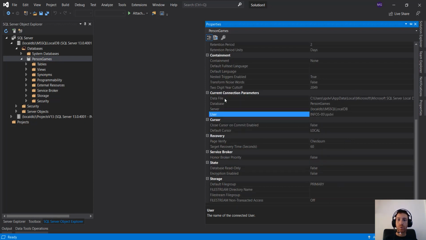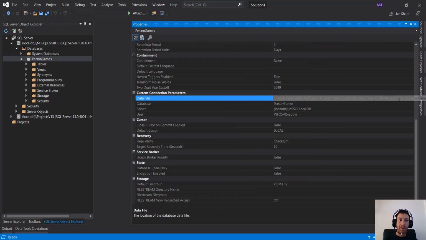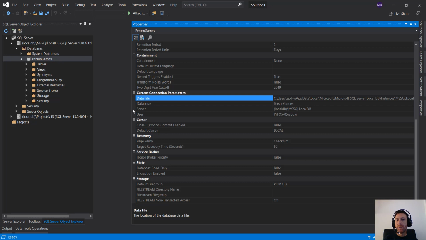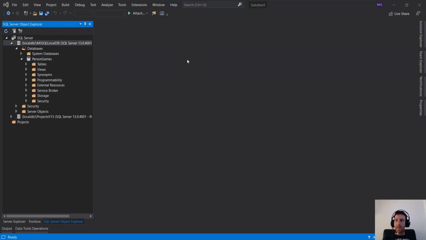The data file is the database I said before, where the database is stored, which is in the file I said before, in SQL personal, the person games MDF, where we went before, in case we need it. So those are the properties of the database we can use. And finally, I wanted to show you that